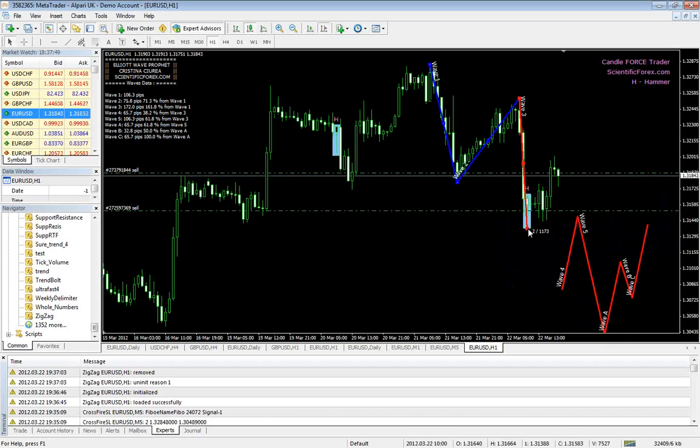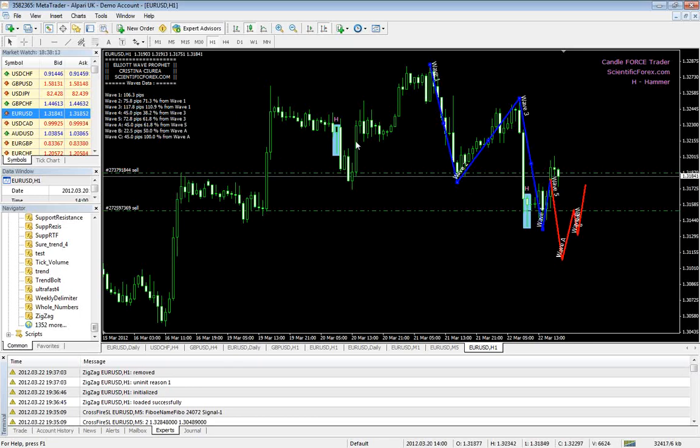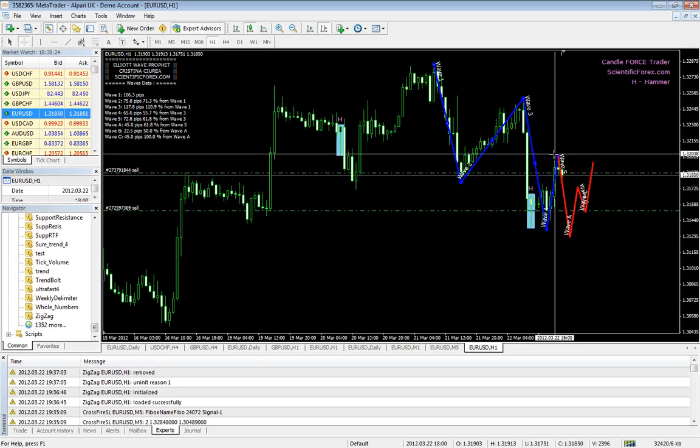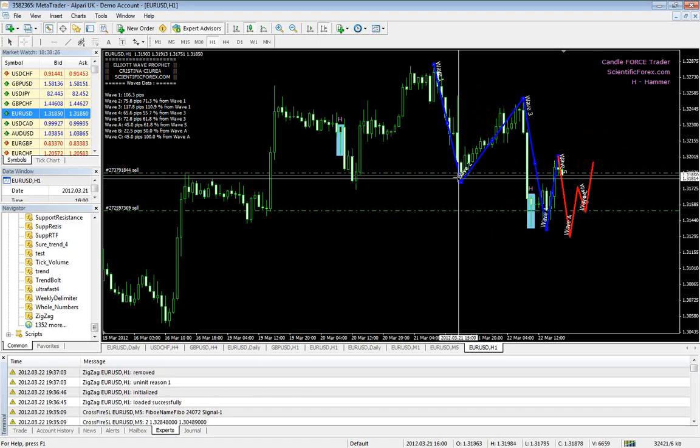I'll just readjust wave 3. If you can see a lot of waves here, just move it a little. Alright, so here we have wave 1, 2, and 3. I can check what's the size of wave 1. I can see wave 1 is 106 pips, wave 3 is 117, which is 110 percent of wave 1. This explains the Elliott wave principle. So what I'll do in here, I can readjust wave 4, but again, here wave 4 went higher than wave